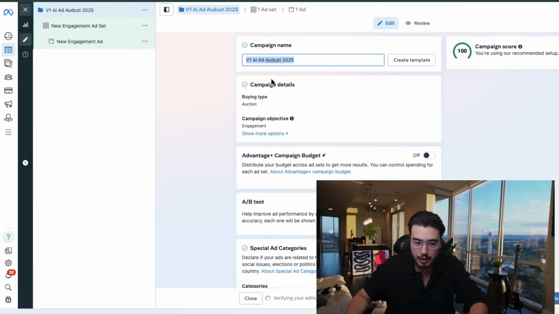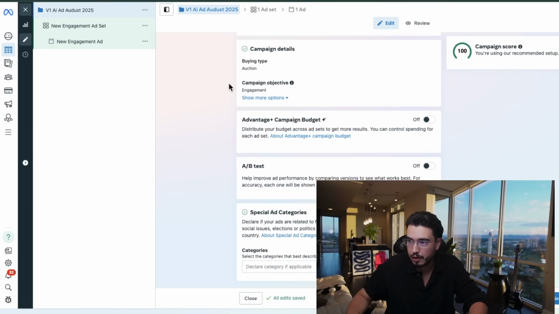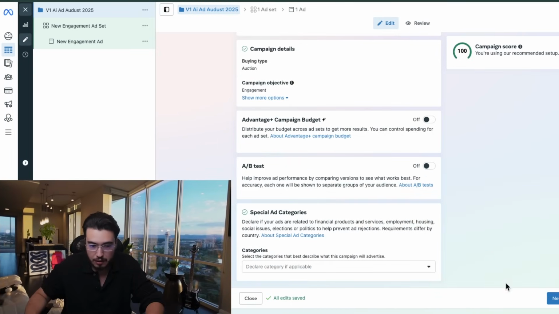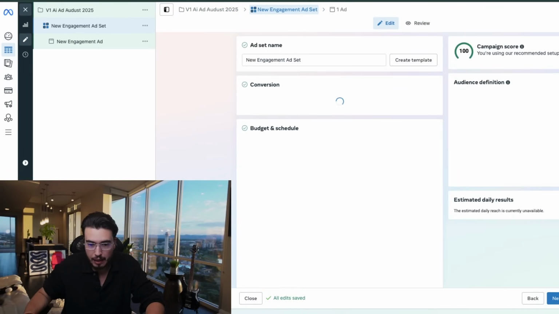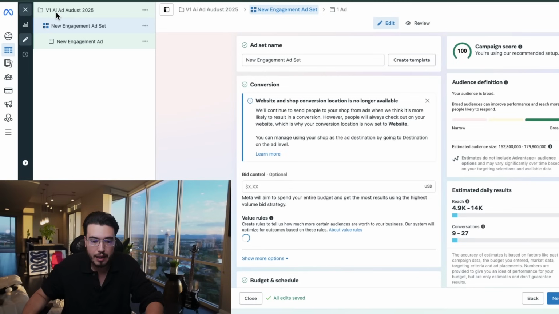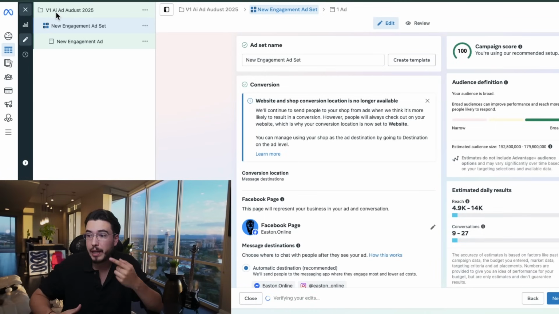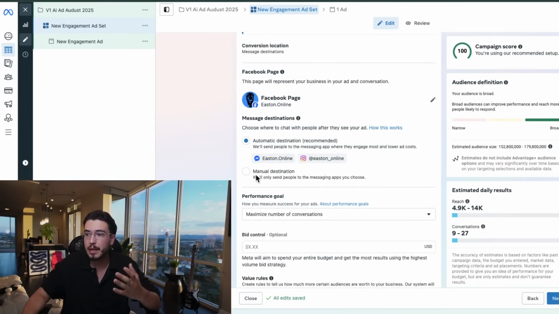And we're going to copy this because we're going to paste it 2 more times here in a little bit. And that's all we do here inside of, let me move my face. That's all we do here inside of the campaign level. So that was the campaign level. We just add what the purpose of the campaign is, the objective, whether that's leads, conversions, clicks, views, in our case, engagement, so that we could get sent messages.